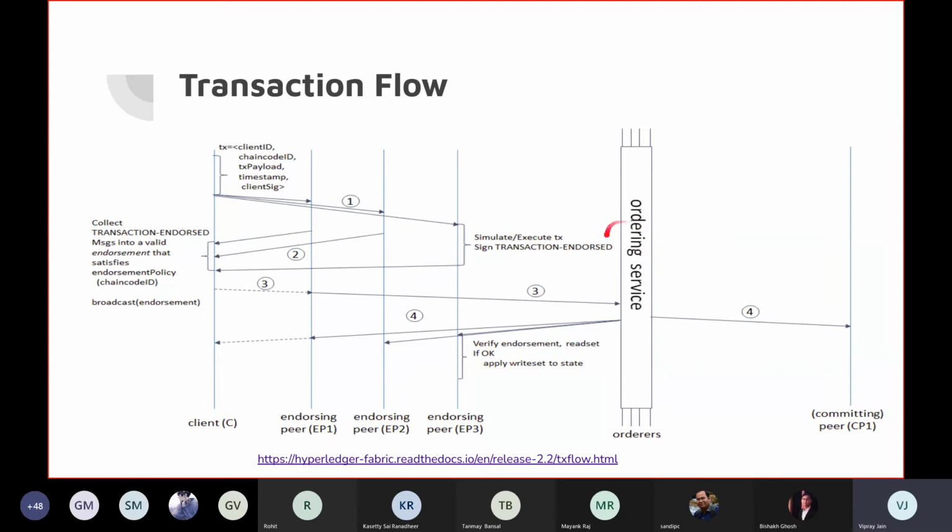And when the ordering service finally appends that transaction to a block, it broadcasts that block back to the client and all the other peers which are maintaining the ledger. So in this way the transaction flow works.